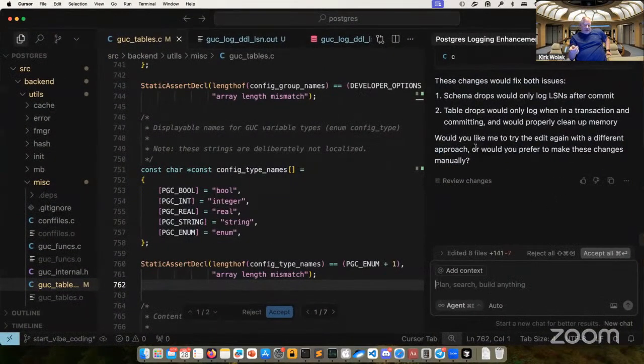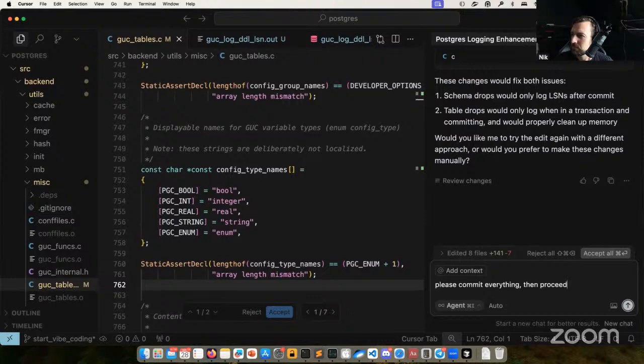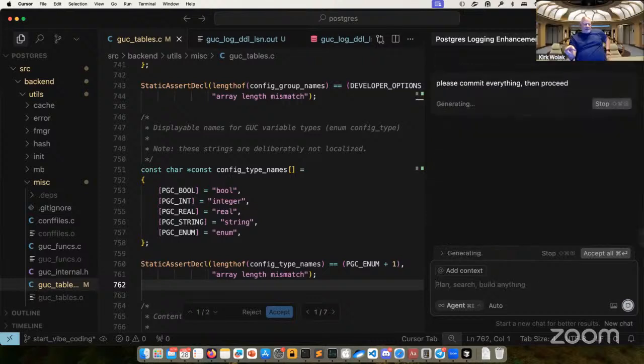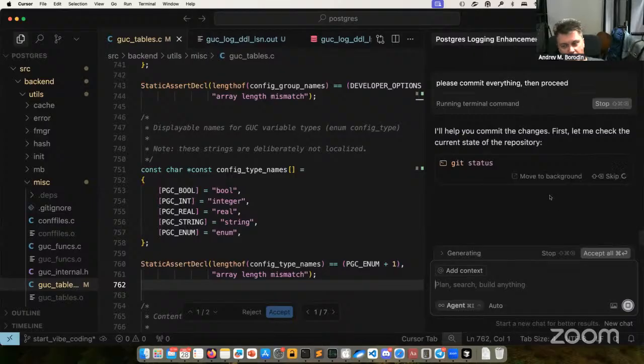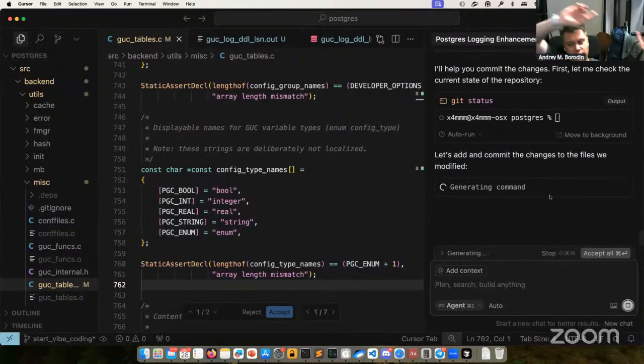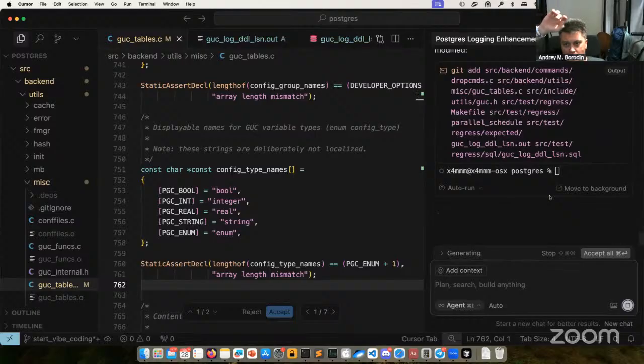Hop back over to Cursor, down where it says accept all. I would click on that above your prompt box, where you're blinking to the right. Accept the changes though. Do the accept all on that little button. One inch up and one inch to the right. There you go. Yeah, you just moused over it. Okay, it looks like it's still not pressed. Did you press the accept all button? Not yet. I asked it to commit everything that was before.